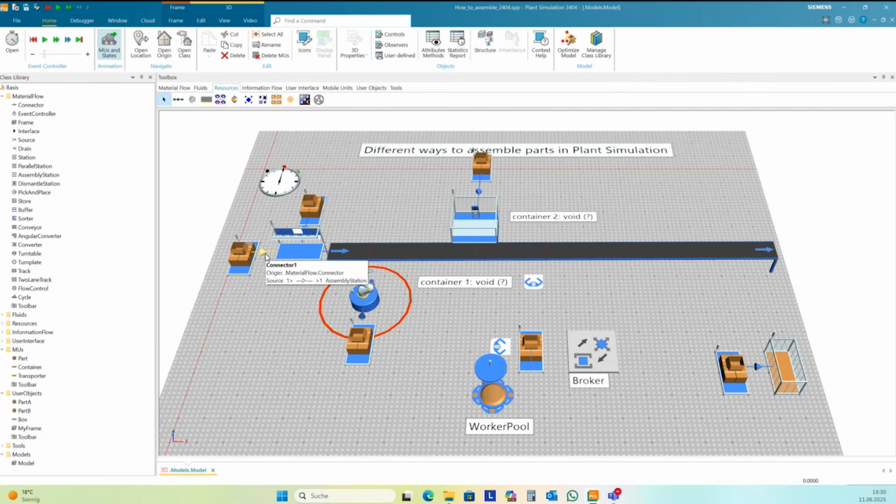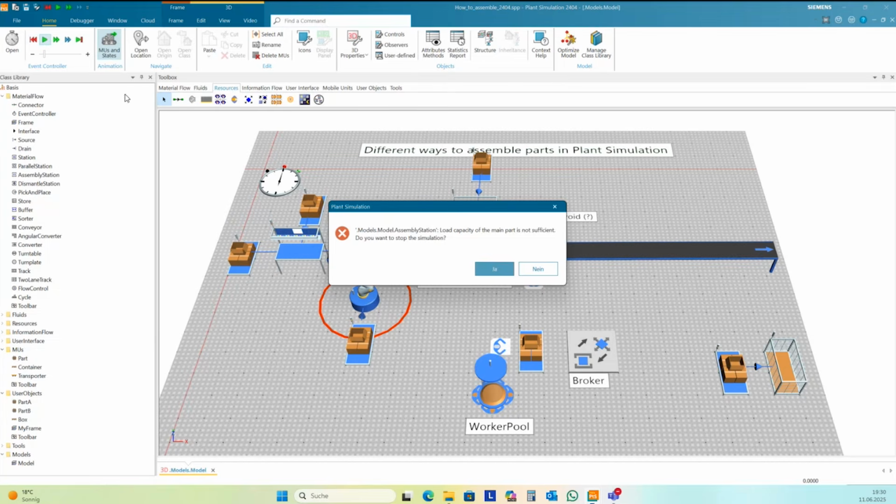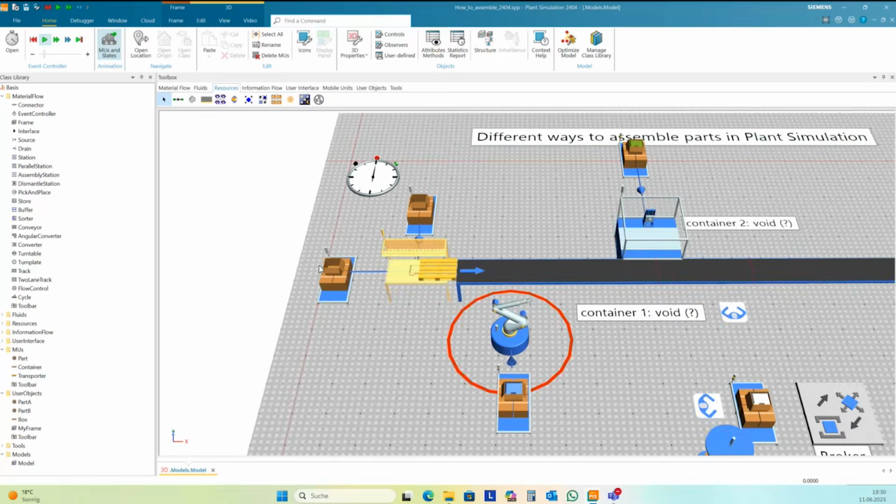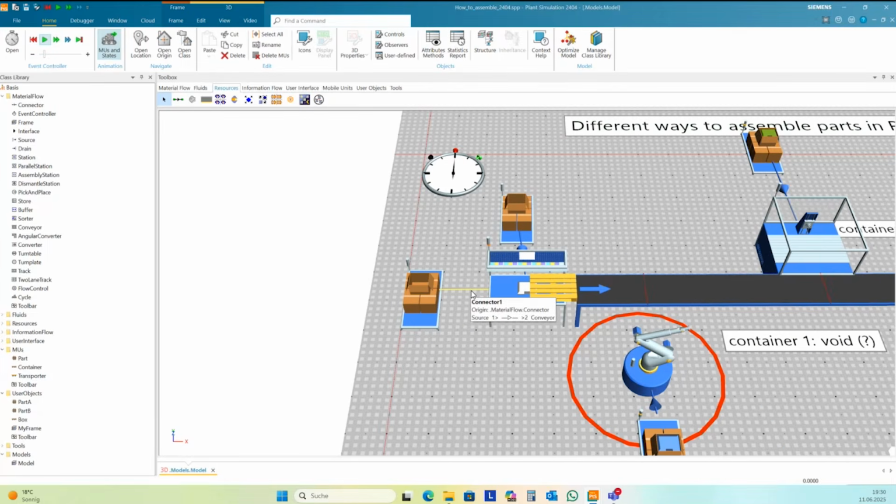Okay, I make a trick here. I jump over this assembly station. Okay. It's live.